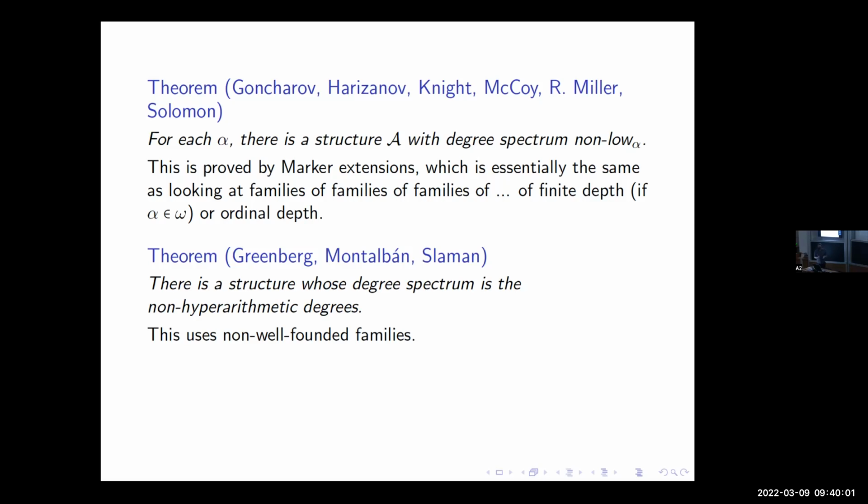So one thing we could do is think about coding families of families and families of families of families and so on. But I think a really good way of thinking about this is just to think about trees. Because if you have families of families of families, you can just think, oh, there's a tree that codes that, building up the same way that we coded a family. Families of families are represented at the first level, the families in those families are represented at the second level, and then you do something above that. So I want to think about trees as really generalizing all of these kinds of things.